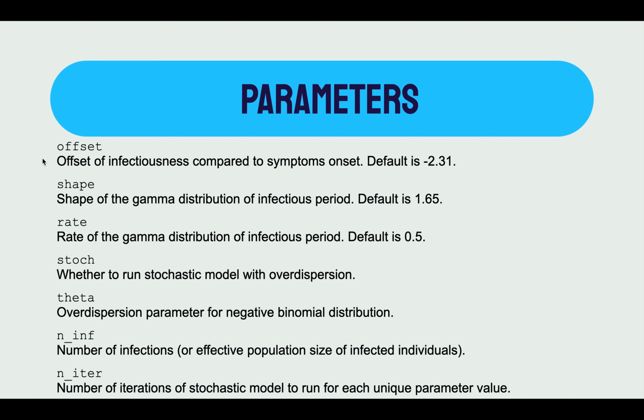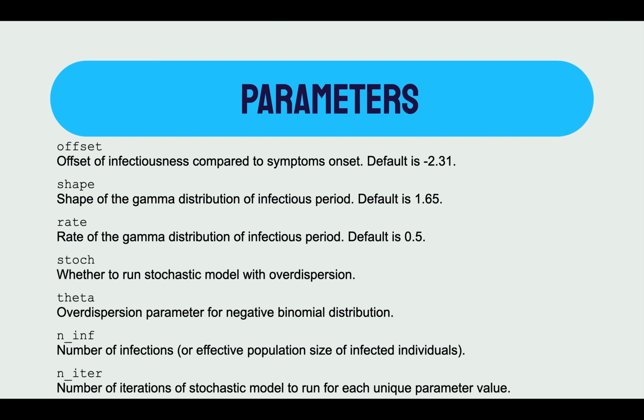All right, and this is the end of the parameters list here. So the next is going to be an offset, which is basically the offset of infectiousness compared to symptom onset. And so how soon are you infectious prior to symptom onset? The default here is negative 2.31, just based on some studies that have shown that that seems to be approximately